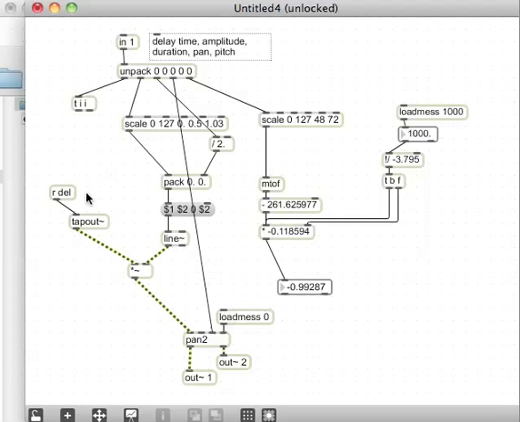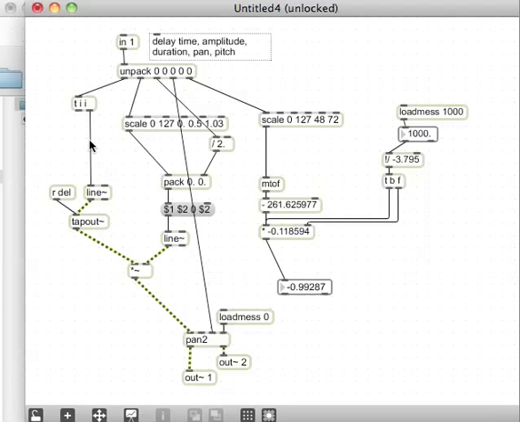The first place it's going to go is to a line, because like I said, that's what I'm going to use to drive the position in my delay line. The first place it can go is straight in there, so that every time we get a grain, we're setting the current delay time on that line tilde directly. And then we're going to want to go to some value over some amount of time to create our pitch